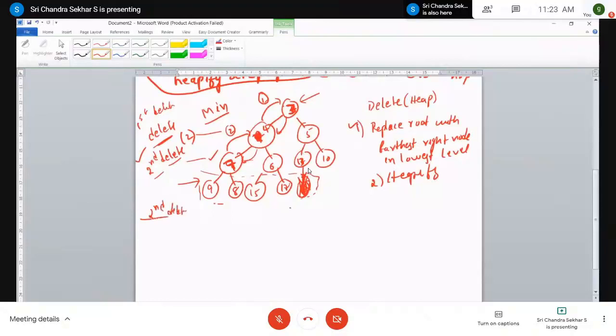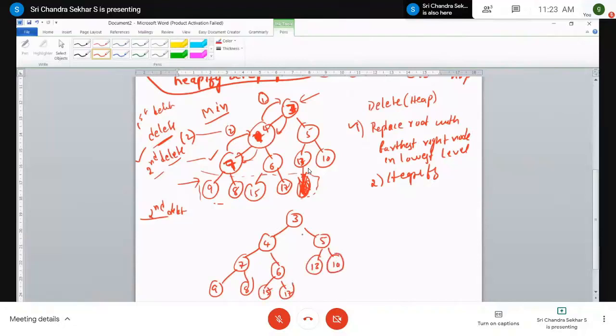So let me reconstruct it to avoid confusion. It is 3 and it is 4, 5, 7, 9, 8, 6, 15, 17, 13 and 10. Right. Now second delete operation means again you have to delete from the root.